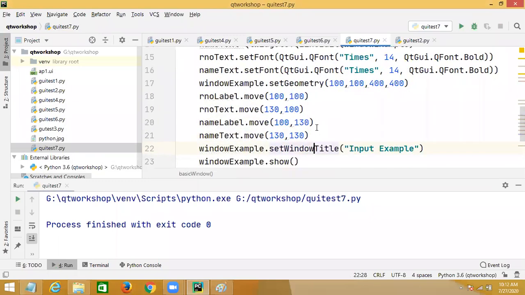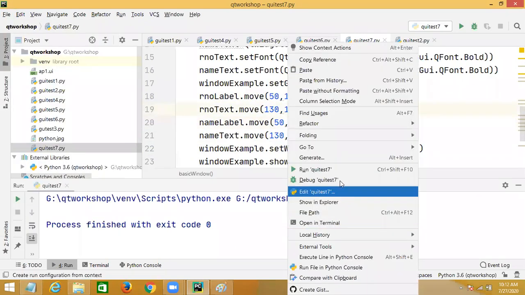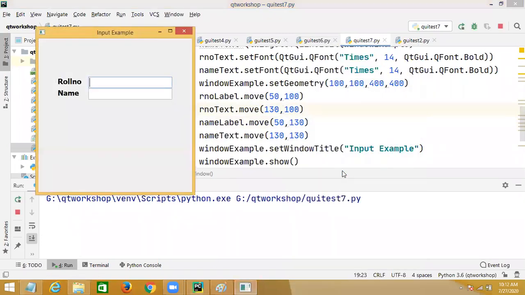We'll change these x positions and move them some 50 for these labels. Run. You can see this is roll number and this is name. So I try to input roll number and name.